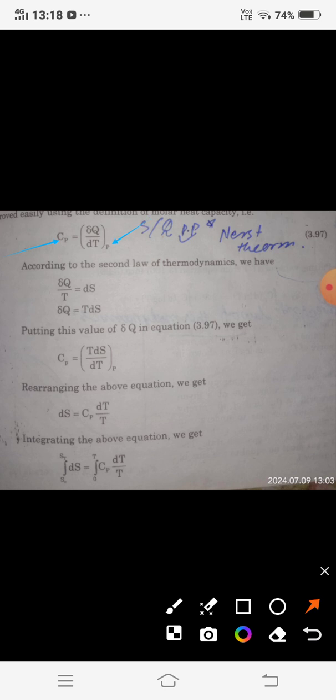constant pressure. When we put the value of the heat, that is TdS, and arrange the equation to take out the value of the entropy, the numerator on the right side becomes the denominator on the left side, and the equation becomes this way. And when we apply integration on the right and left side of this equation, it will appear in this form,